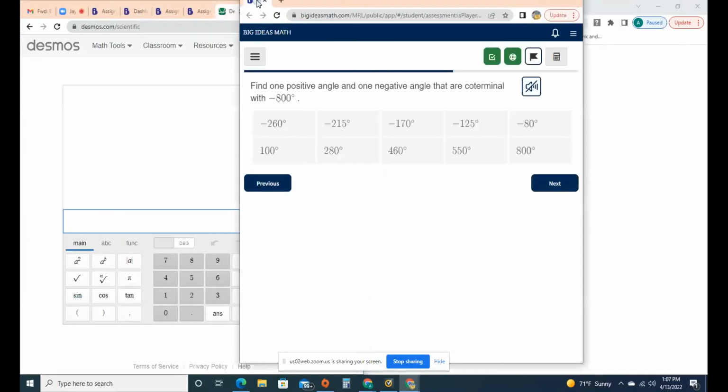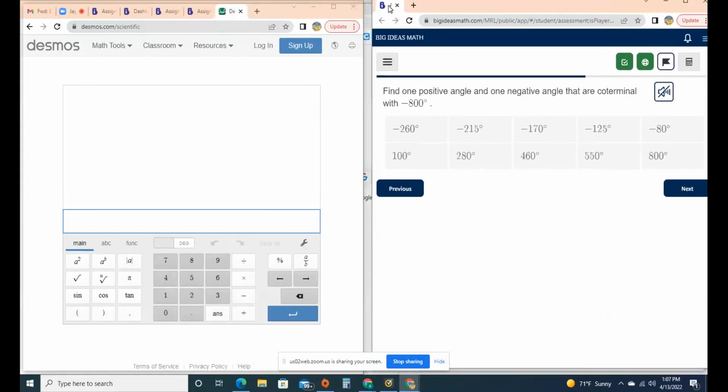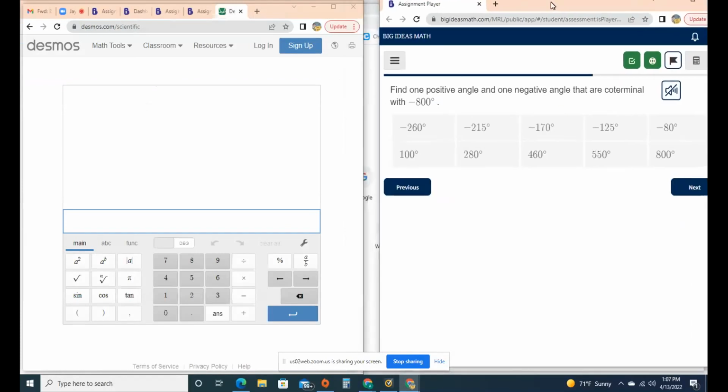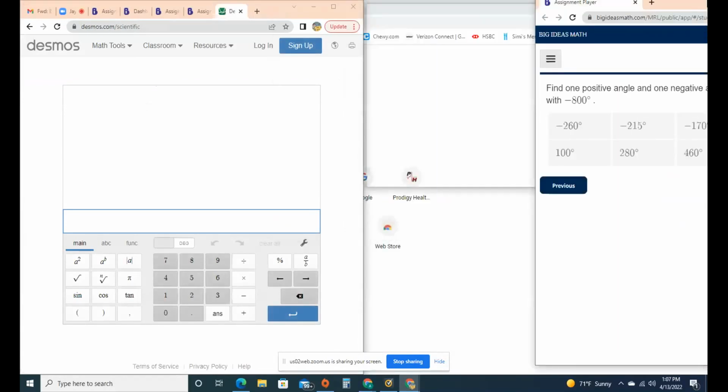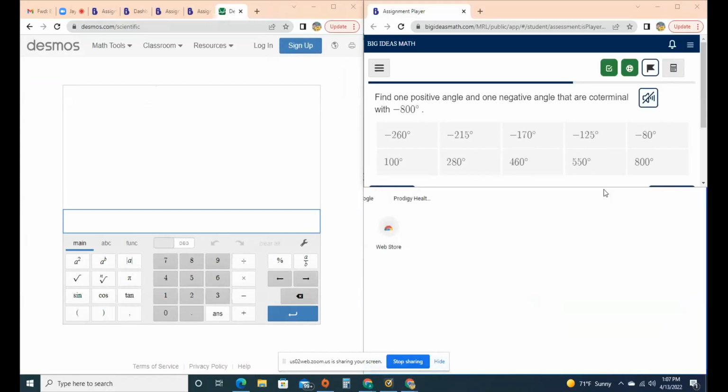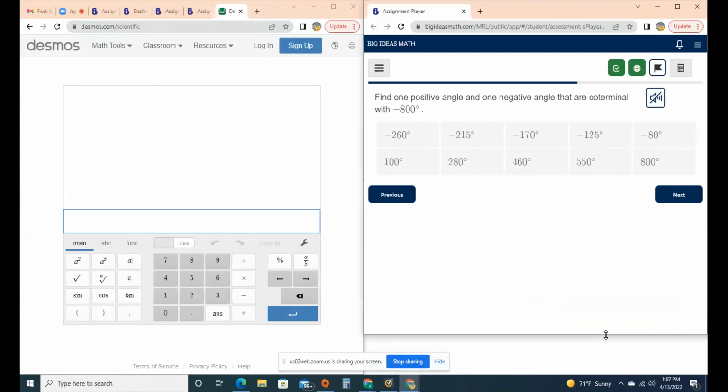I would make the calculator, well, you can do either way, so that will also work. Okay, you got to drag it all the way to the right, the middle right of the screen. Drag it down now. There you go. Okay, so like you said, you can do minus 800 plus 360